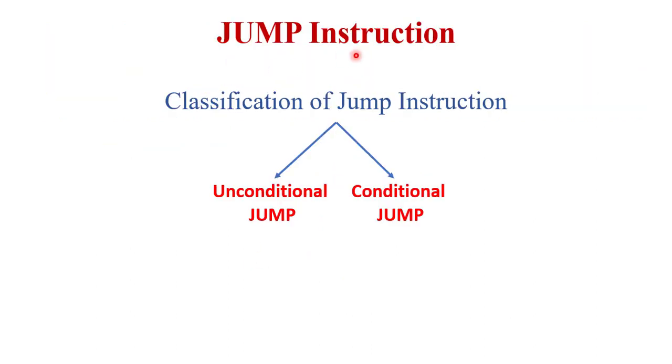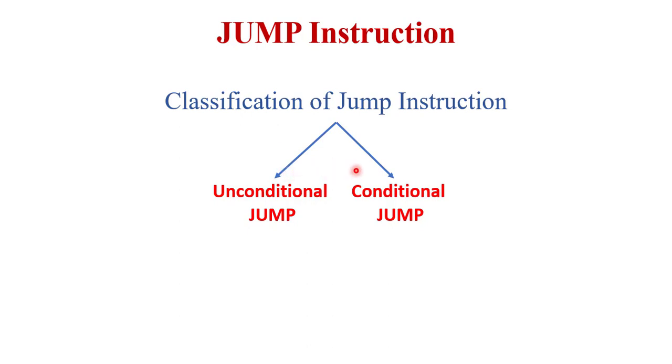Now I will explain jump instructions in detail. Jump instructions are basically branch instructions. These types of instructions change or alter the content of the program counter permanently. The program counter is loaded with the new address of a memory location, and it depends upon whether the address is 8-bit, 11-bit, or 16-bit. So we have different jump instructions, like short jump, long jump, and absolute jump. First I will explain the classification of jump instructions.